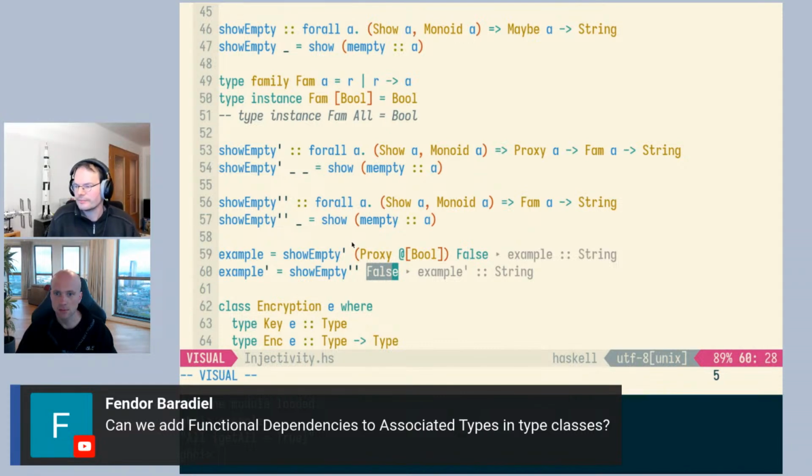Can we add functional dependencies to associated types and type classes? So functional dependencies are, I'm assuming you mean these. I mean, functional dependencies are attached to type classes, but these look pretty much like functional dependencies, and they're called type family dependencies. And yes, so if a type family is associated, like here, you could still use that